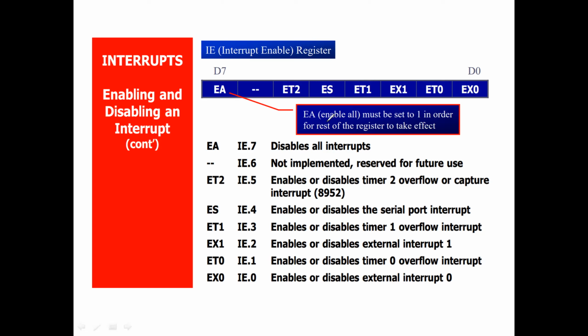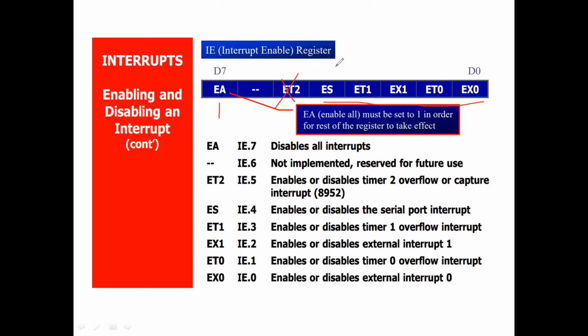For example, to enable all, I set this particular bit to 1. If I want to disable, I put 0, and all the interrupts will be disabled. Another example I will tell you. This bit is not used in this controller.